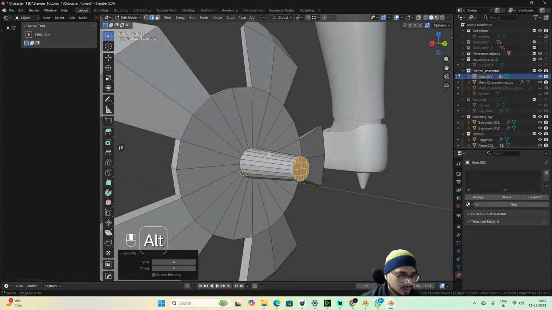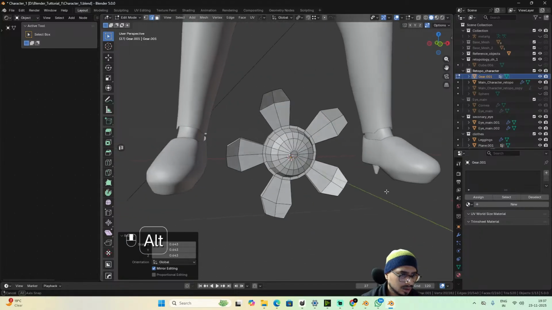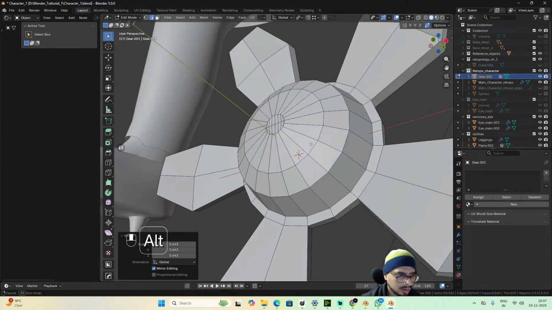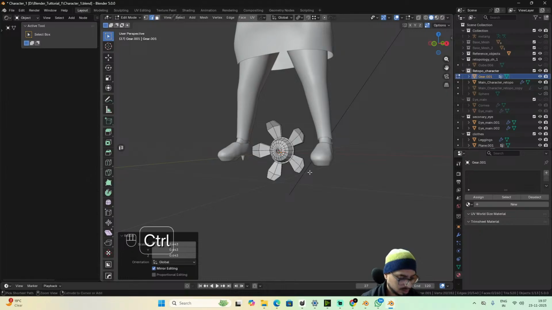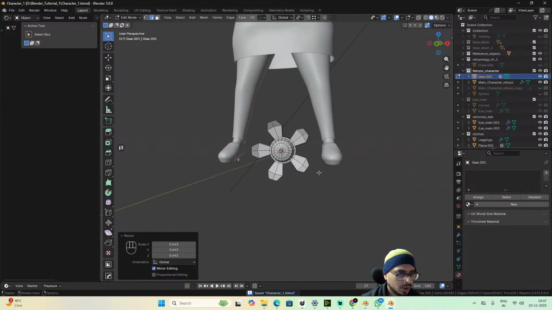Cool. I'll reduce this one as well, the size of that, and save it, and we'll move on to